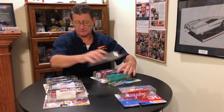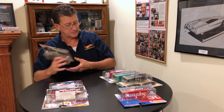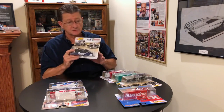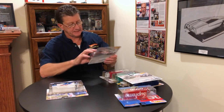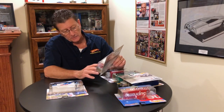Let's see what else we got here. These are the earlier releases. Of course, like I said, number 7 from that is the 66 Super Nova Retro Rig. Number 8 is the JDM-L, and it says Nissan Skyline HT 2000 GTX, and that also is carried by the